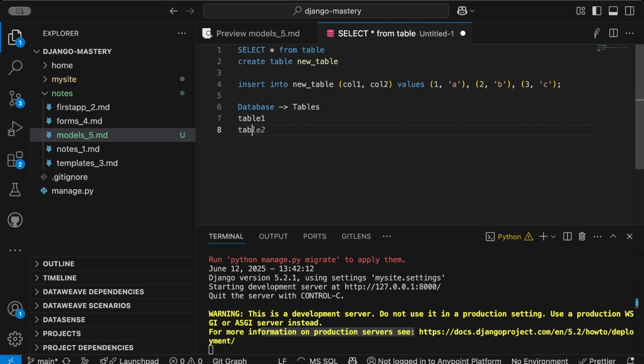Table 1, then we can have table 2, then we can have table number 3. Different tables are used to store different data. Something like there can be a table called product, there can be a table called customer, and there can be a table called orders, right? Orders is going to store orders data, customer is going to store customers data, and each table itself has different